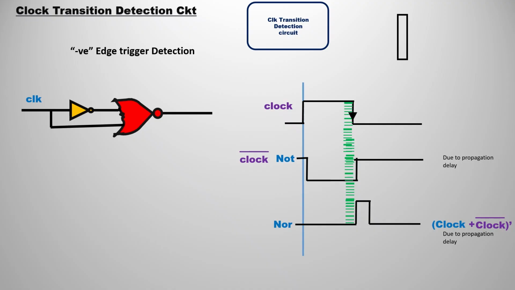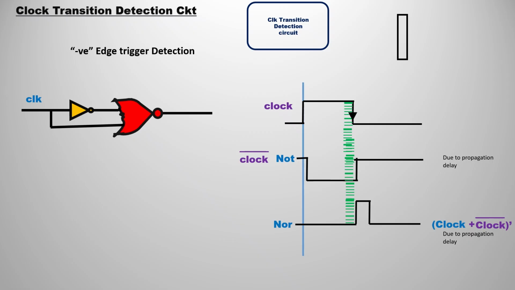As this is the NOR gate, you are going to have the output accordingly. Similarly, if you consider the clock, which is the normal signal, and the NOT gate timing diagram, it is inverted and should be the same, but due to propagation delay the NOT gate output would be slightly forwarded. The gap would be just nanoseconds, but we have to represent that also. So here we can represent those small delays in the final NOR gate output.